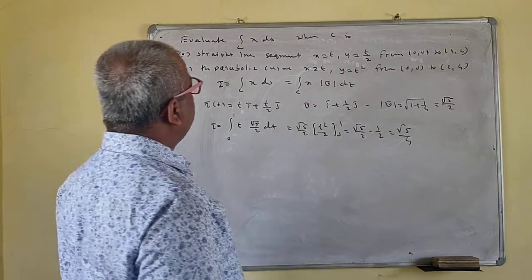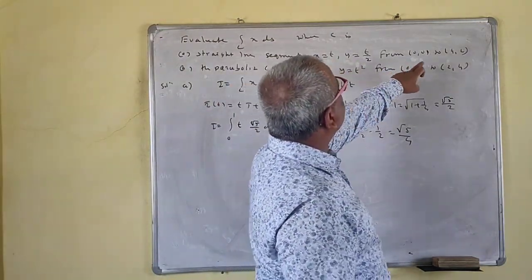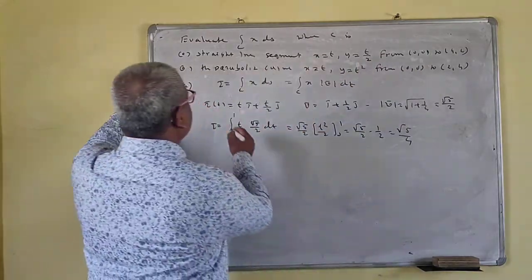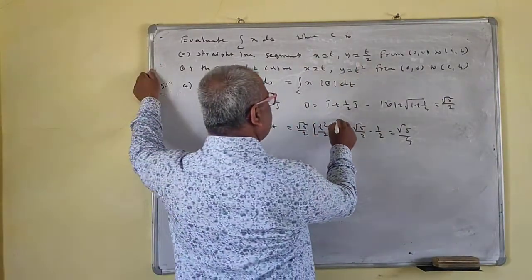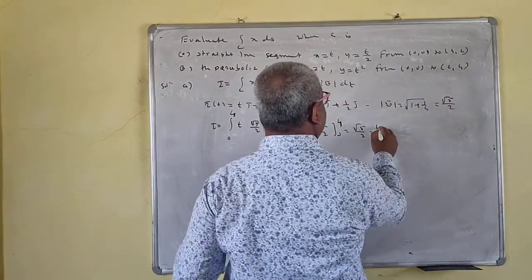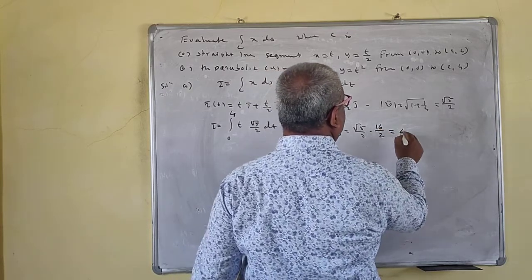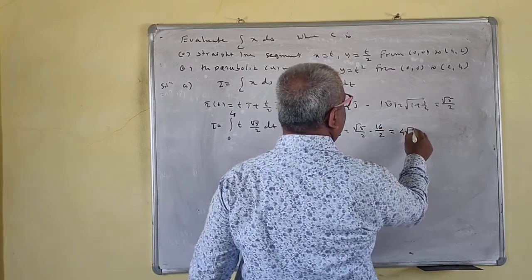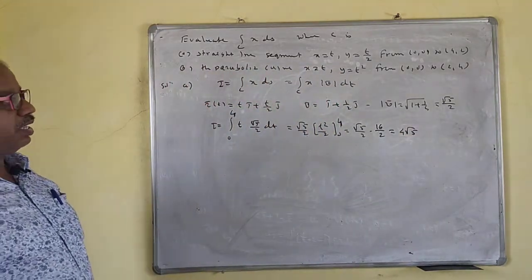Okay, so here, not t equal to 1. Your x is 0, t is 0. If you put x is equal to 4, t is 4, not 1. So t is 4 now, and you have to do this for 4. So this is 16 by 2, 8. Okay, 8 means 4 now. So this is root 5. You have to find the value of t now. t is not 1 here.